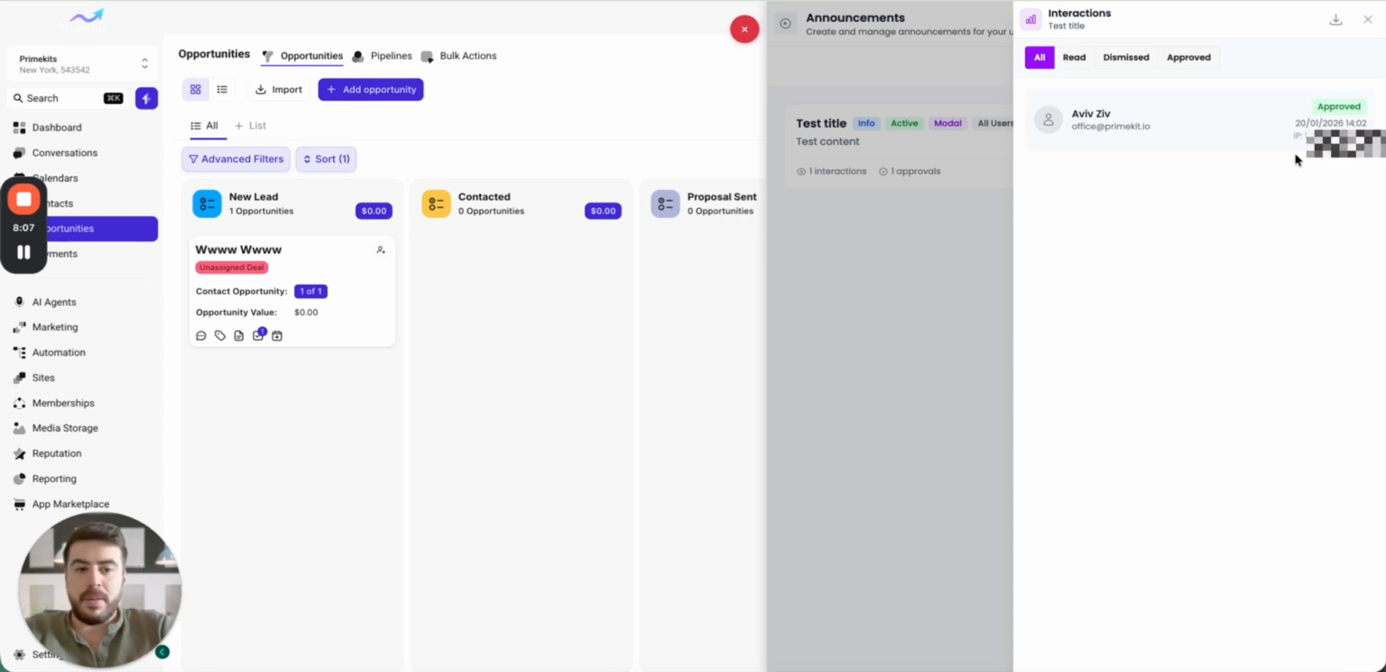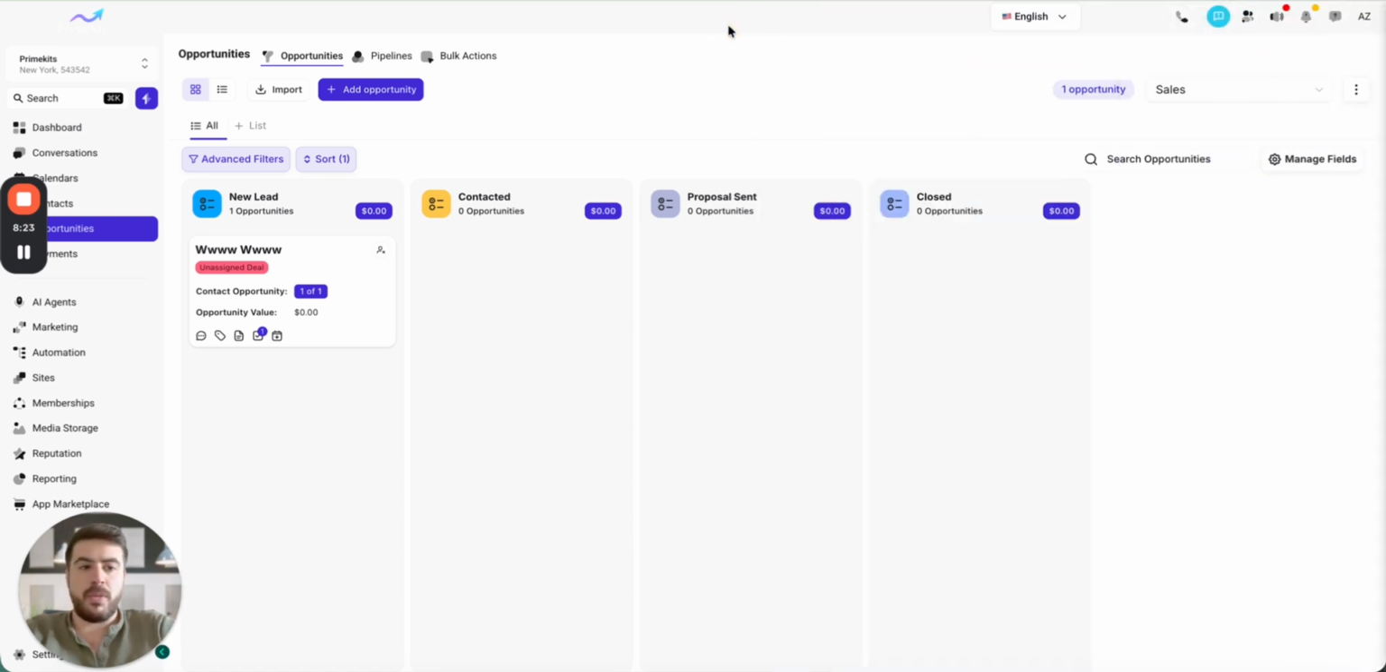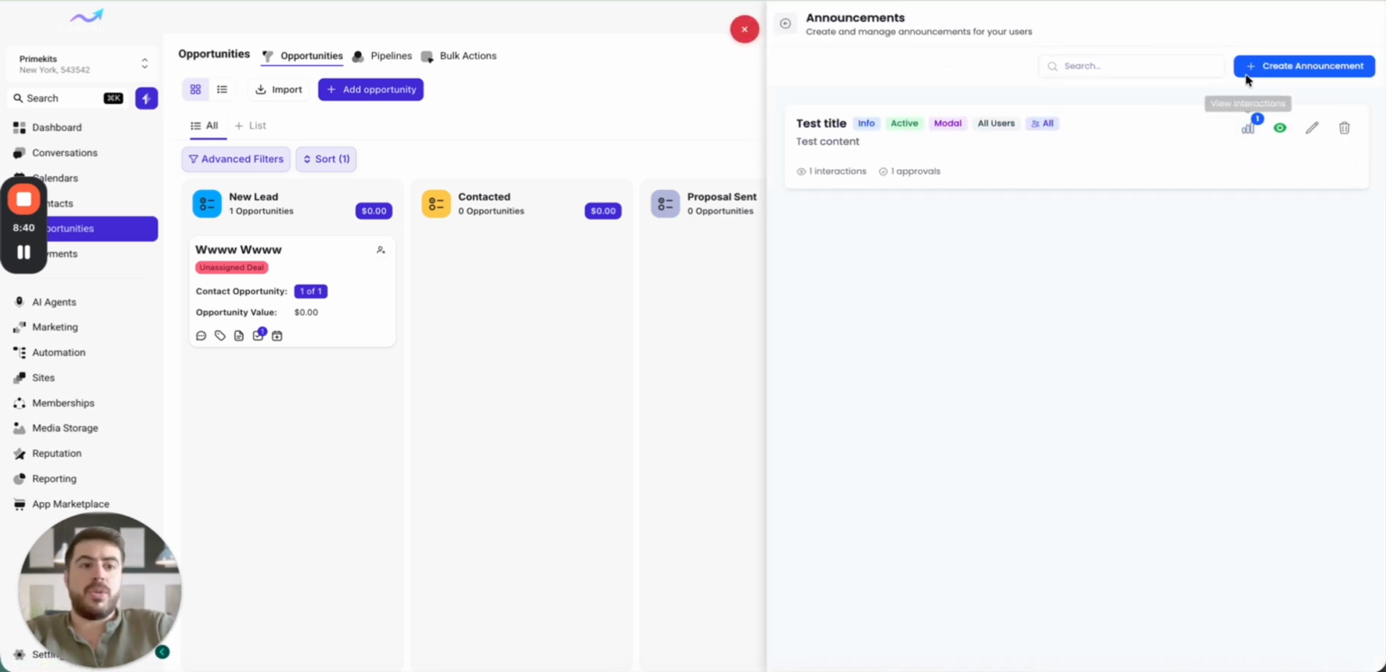You are being saved. You can see who read it, who dismissed, who approved, and you can see everything, and you can also export it to CSV. So you have an entire database of who agrees, who didn't. You can do that. And the user can see that too. So as you can see, we have here an icon, and the user sees this too. He can see which one he accepted, which one he didn't, and everything is very clear for both sides. I want to show you real quick,